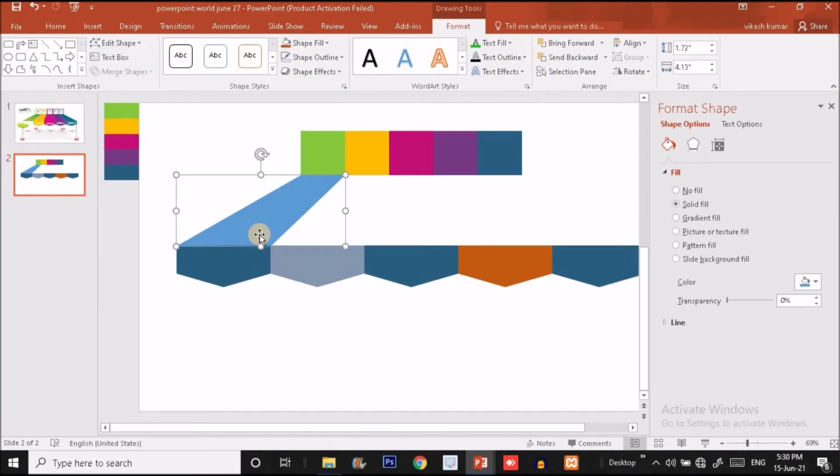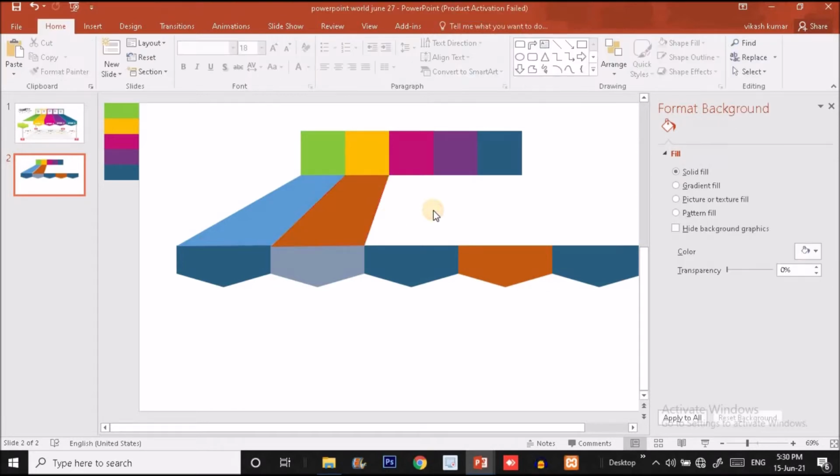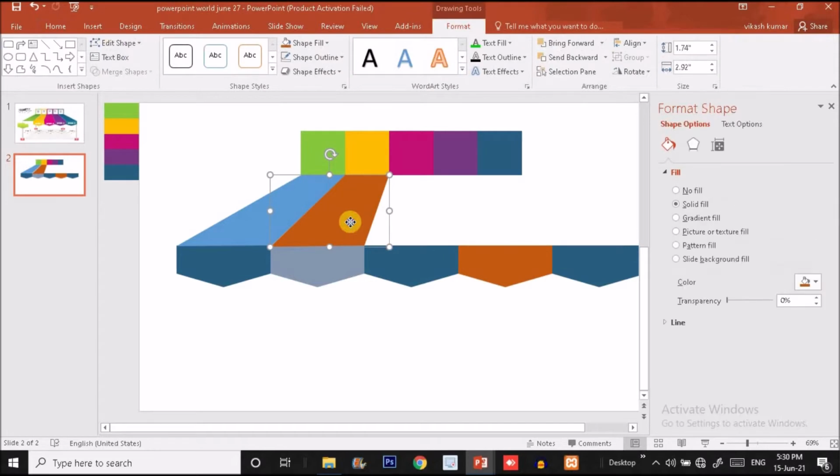Got it, guys? Again select this shape and press Ctrl D to make a duplicate copy and put it over here like this. Change the shape fill so that we can differentiate. Right click over here, again choose edit point option. Now we have to shift these bottom dots to the two corners of the second bottom shape, and put it over here like this.